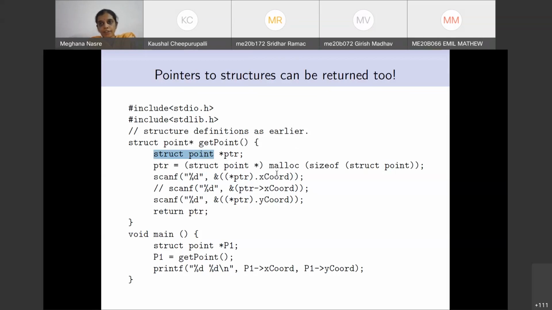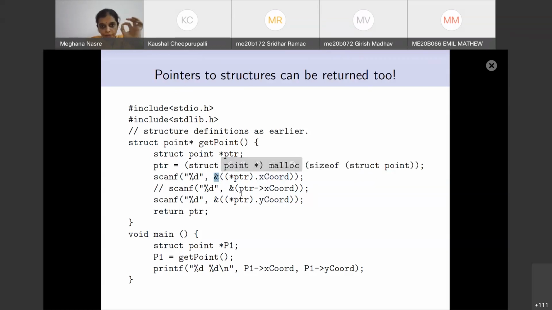But of course, scanf requires the address of it, so we want the ampersand of all of this. These braces are not required, but since we are reading it for the first time, I wanted to put the braces. So star PTR will tell you that now you have something of struct point. Now you can take the x coordinate of that, and you need the address of it. Therefore, you have preceded it with the ampersand.